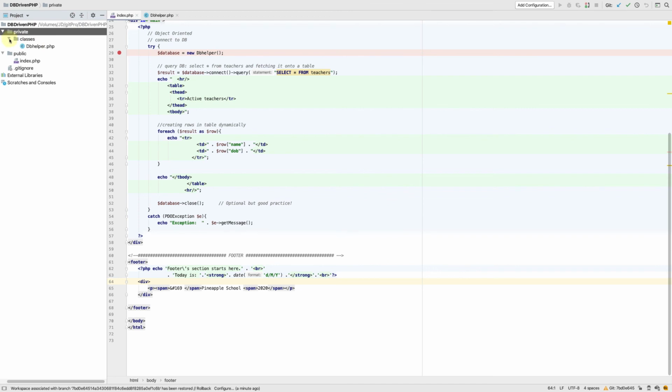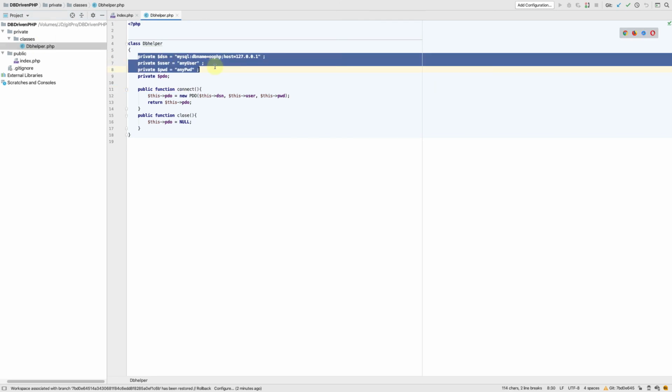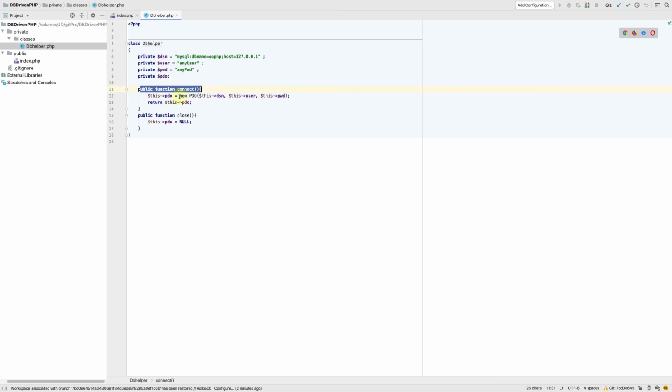In the private folder, I'm going to create a classes directory in which I'm going to create all the classes that I need. In this case, I want to abstract the database. I want a database helper. So let's have a look into that class. If you look at the PDO object, I need these variables to make a connection. So in the database helper, I'm going to put the arguments that I need into variables, so that when I use this function to connect to the database, what I'm actually doing is creating an instance of this